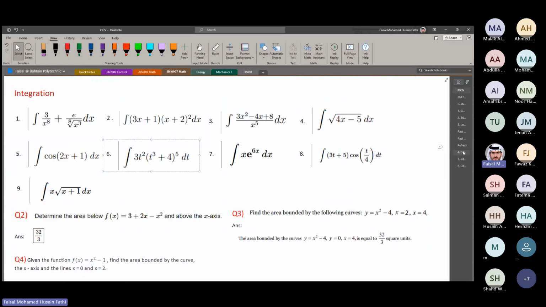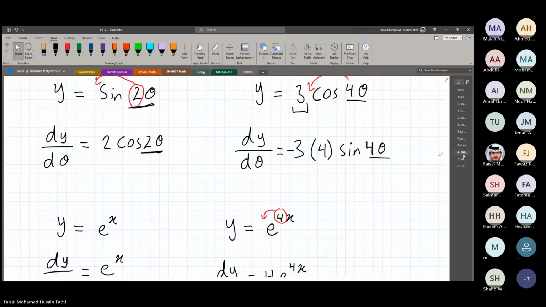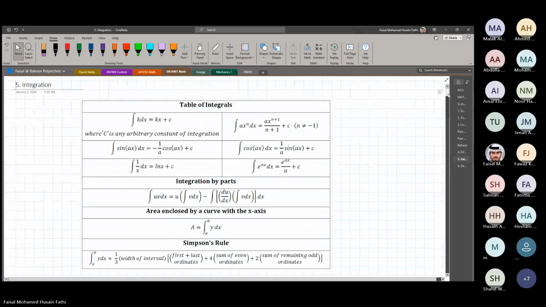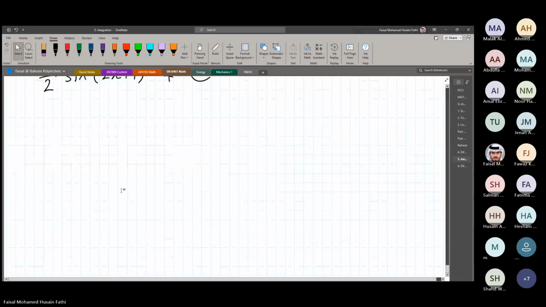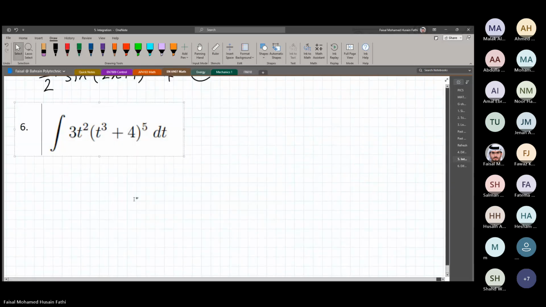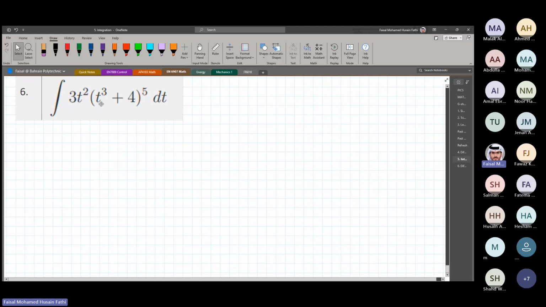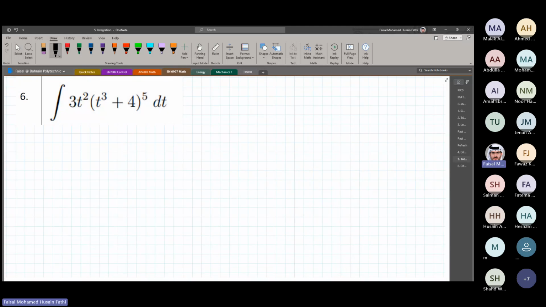Next question. Let's do this one. Question 6. We have 3t squared times (t cubed plus 4) to the power of 5. We have multiplication between two variables. And then, but in this case,